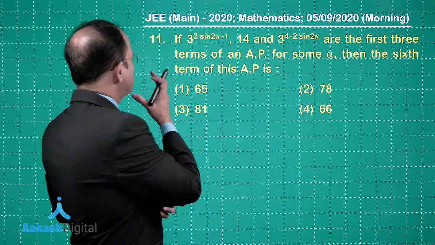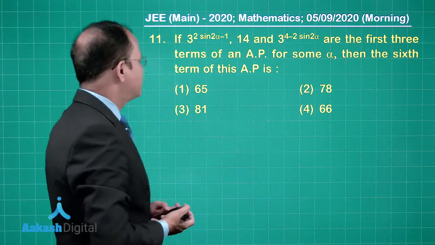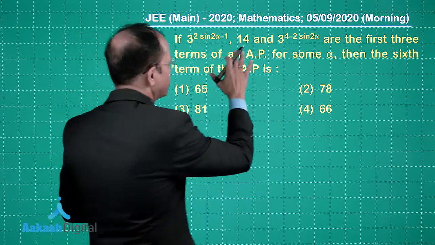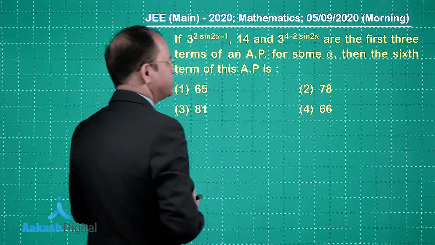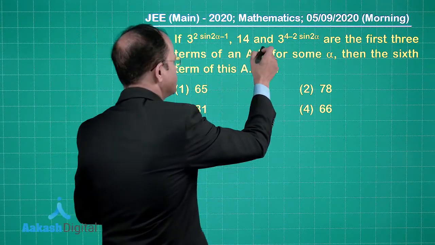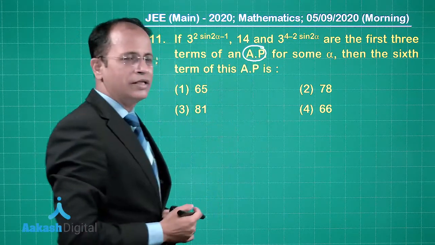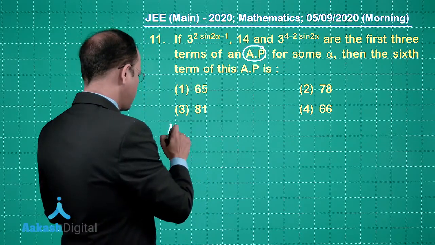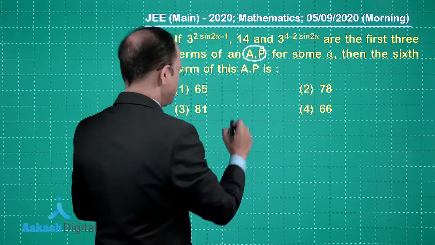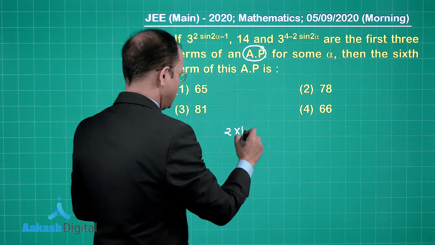Now, if I talk about question number 11, students, we have been given 3 raised to the power 2 sine 2 alpha minus 1, 14, 3 raised to the power 4 minus 2 sine 2 alpha as the first three terms of an AP. So you can see here, this is an AP, so we can write it in this way. This is an AP, so 2 into 14,